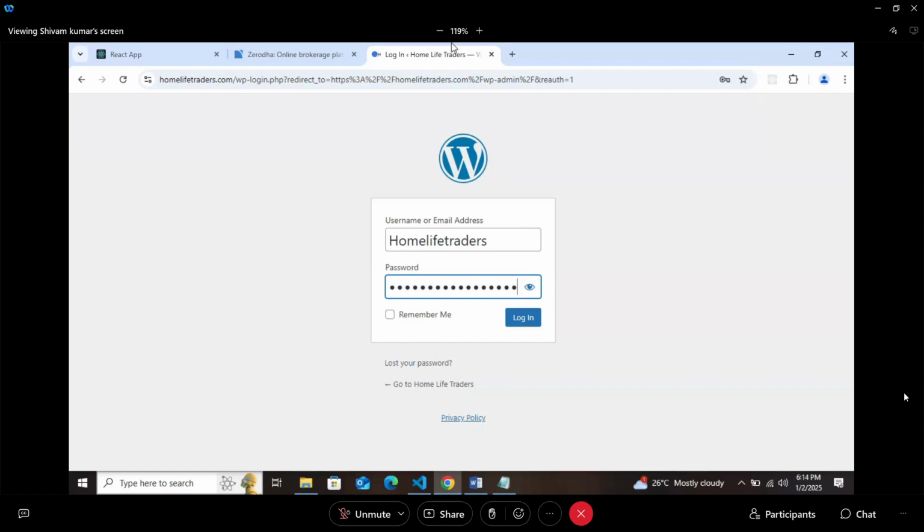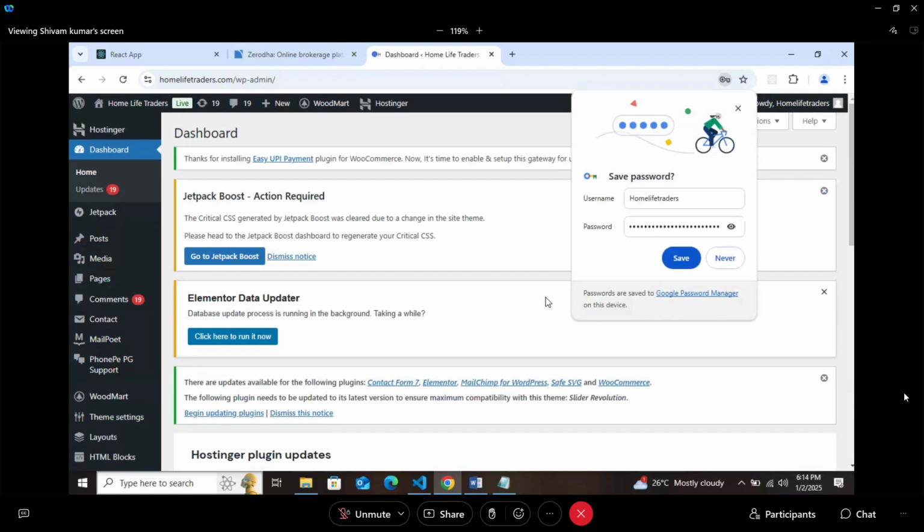Click on the eye icon, sir. Sir, I am clicking, but I don't know why it is not getting clicked. You can't even do anything if I show you the password also. If I am the CTO behind it, you can't do anything.